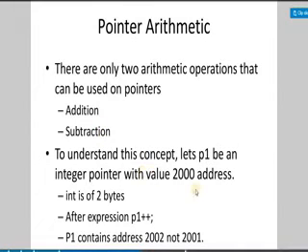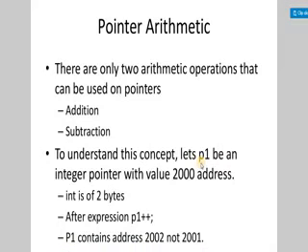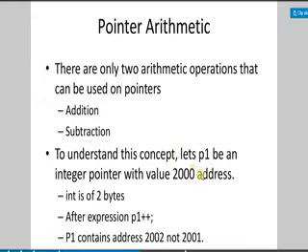To understand this concept, let us consider P1 as an integer type pointer. That means P1 is a pointer that can indicate one integer type data. Now the size of an integer, in a 32-bit computer, is 2 bytes, and as nowadays most computers are 64-bit, it is 4 bytes. So it may be 2 bytes, it may be 4 bytes. Now if I perform an increment operation on this P1, say the initial value of P1 is 2000, that means in P1 we have stored the address 2000.